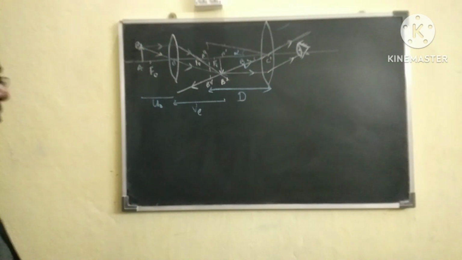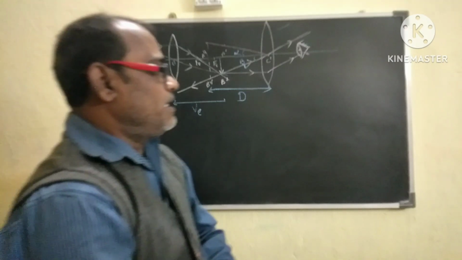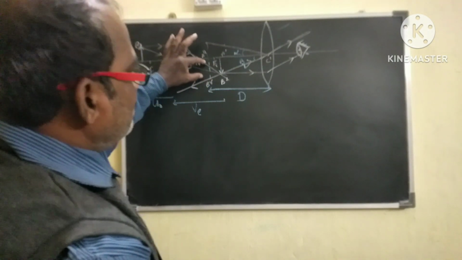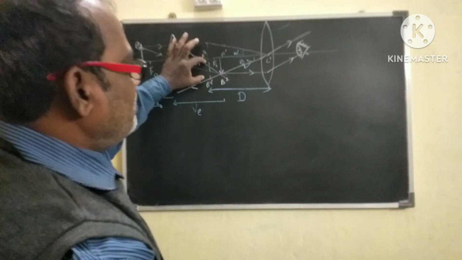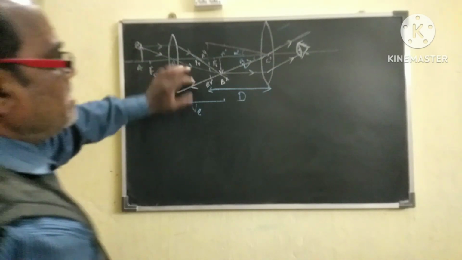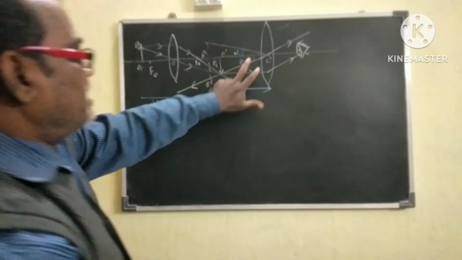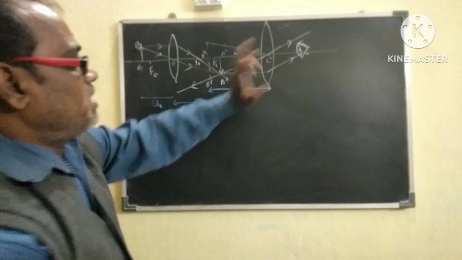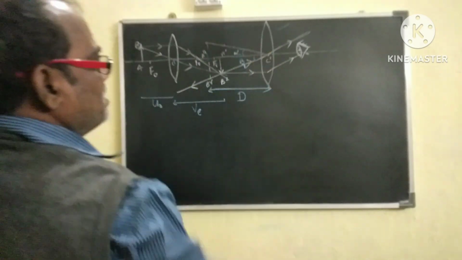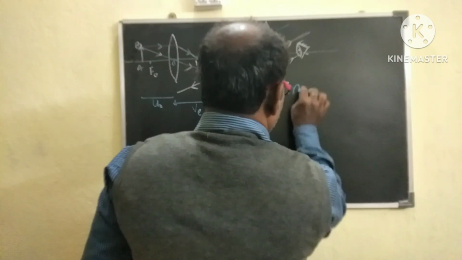Now, regarding magnifying power, we have already learned in earlier classes that it is the ratio of the angle subtended by the final image at the eye to the angle subtended by the object when seen through the eyes kept at the least distance of distinct vision. We have taken an object placed at the least distance of distinct vision. So from here we can write M is equal to